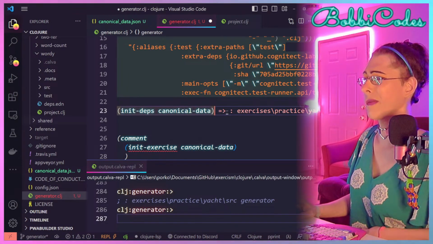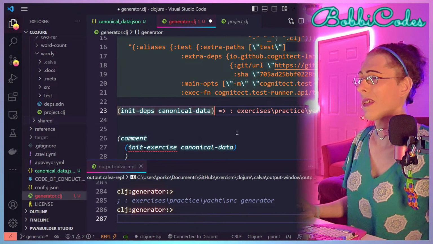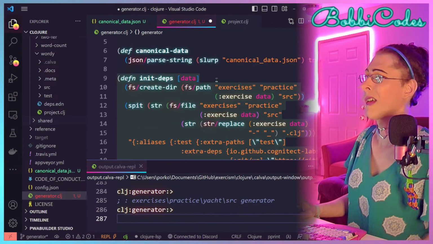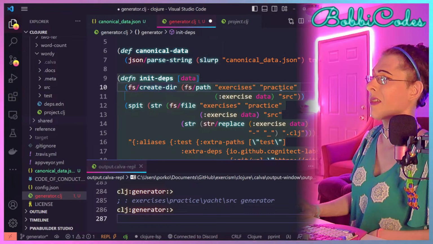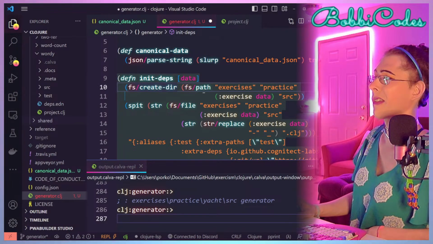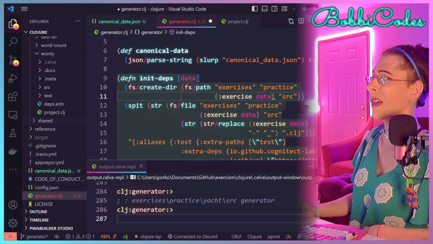Huh, maybe, create directory. Exercises, practice, the name of the exercise.